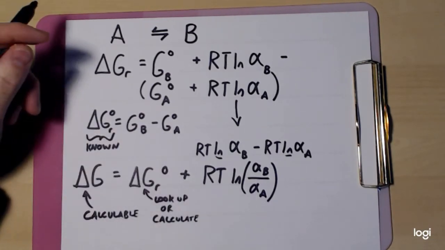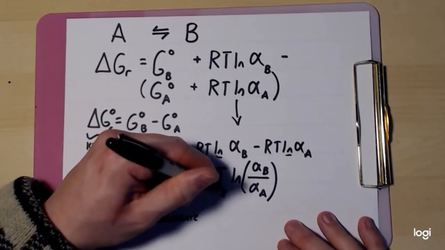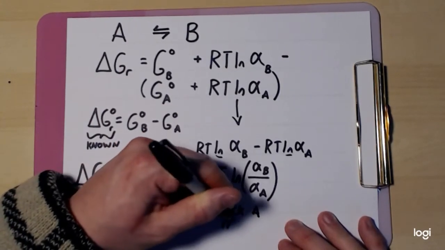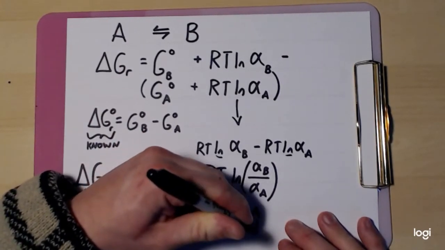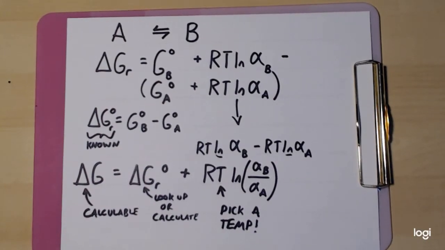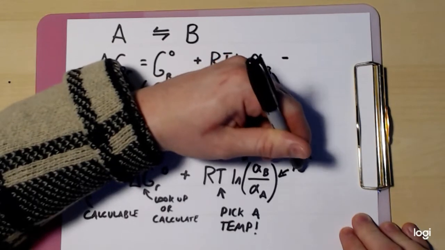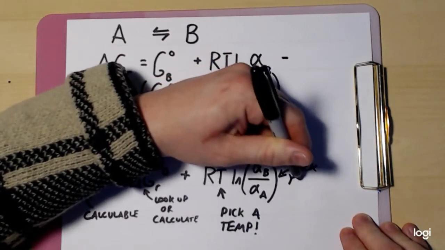quotient is. And so instead of just having to do reactions at standard states and predict whether a reaction at standard state is spontaneous or not, you can now pick your own temperature to do a reaction at, and you can pick your own concentrations to do a reaction at. So